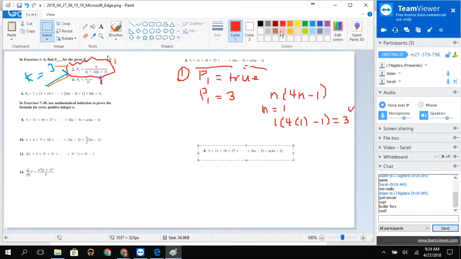All right, step 2. Okay, and step 2, we basically need to prove that if we have P sub k, so any sum of the numbers, and then we add the next term, then my equation still works. Okay, so practically how we're going to do that is we're going to say, all right, we have